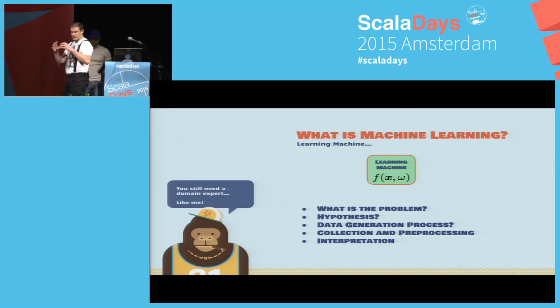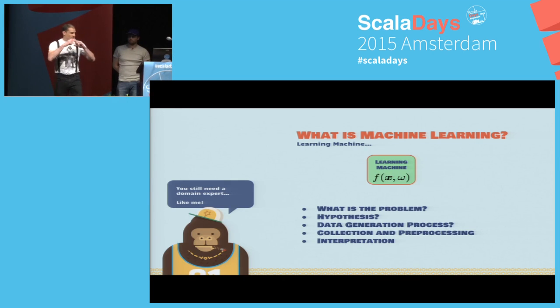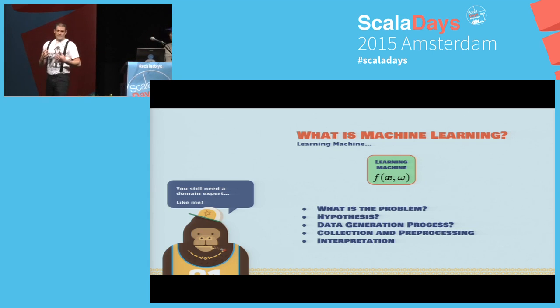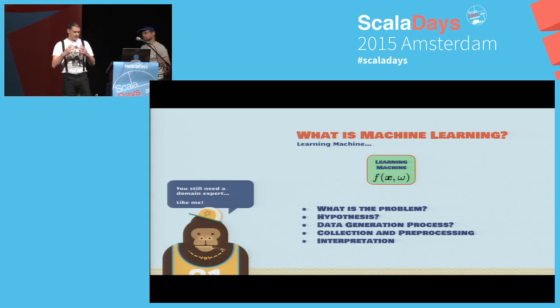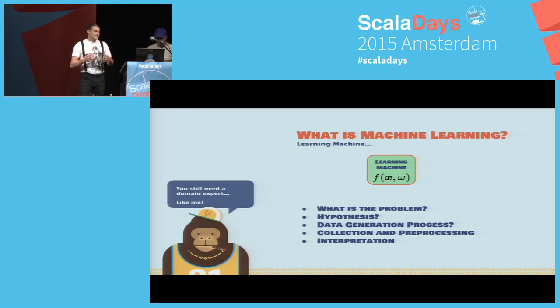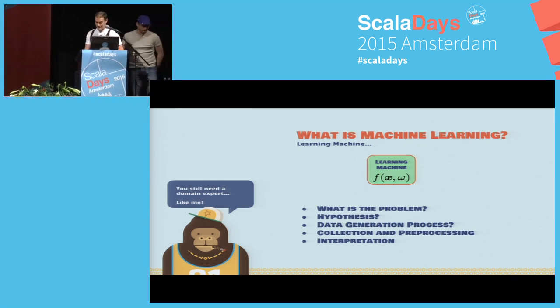This implies that when you're dealing with a problem, the machine learning part is actually a small part of it. You need a lot of things around that. That means: what exactly are you trying to understand in the world? What are your hypotheses? What is the way you collected the data? What kind of transformation did you make out of that? How will you interpret the model that results from your machine learning? And all this requires quite a lot of expertise in the domain. This is not what this talk is about today. It's a lot of things around that. We'll focus on the technical part here of really modeling